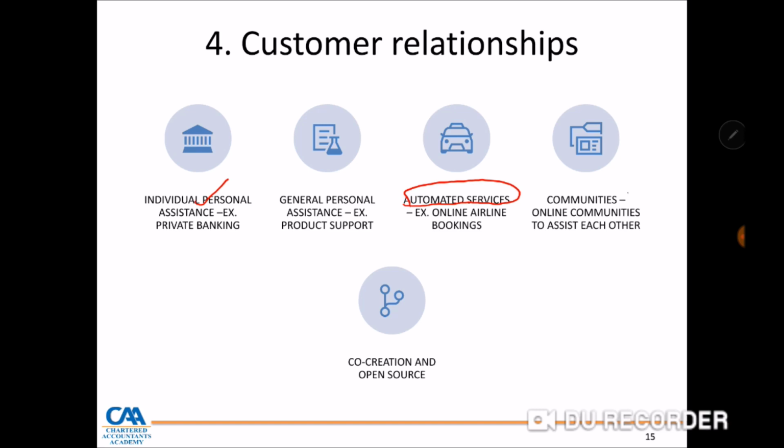And others have now used the concept of communities. This is popular if you look at a company like Google. When they are looking at all the apps that they develop, they create these online communities where they use the concept of collaboration, where customers collaborate and share ideas until they come up with fine-tuned products. So these are various customer relationships that can be created by a business as part of its business model.